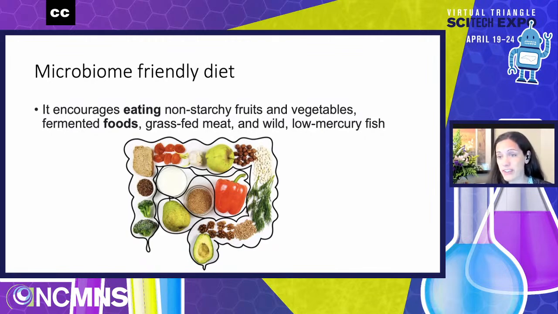And also most vegetables, and they can have fermented foods. You may have heard of kimchi, if anybody likes that. My kids like spicy kimchi, or drinking kombucha tea is a fermented food. And then if they really like to eat meat and fish, we just recommend grass-fed meat and wild caught fish. So these are some of the foods that we're recommending on this diet.